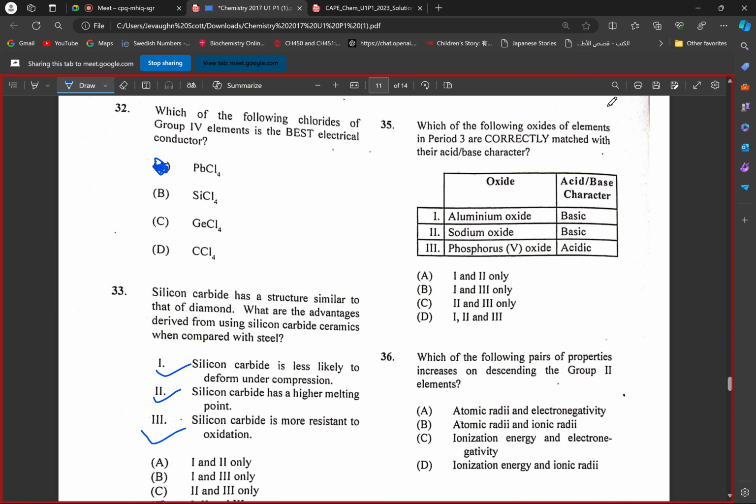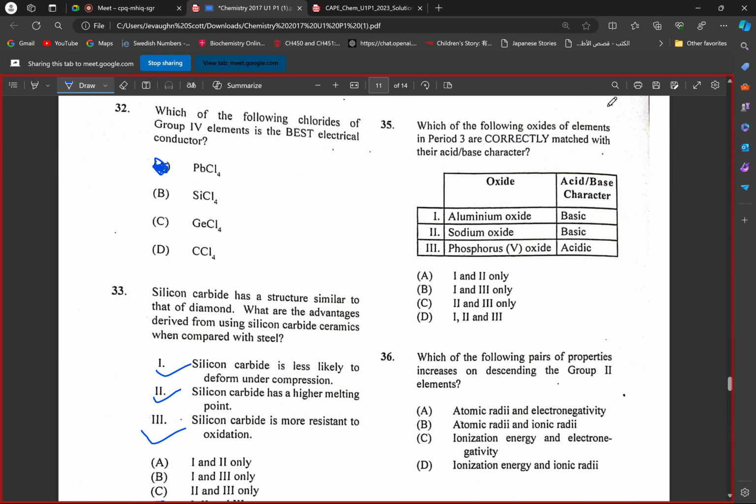Go ahead. Is the answer C? Alright, interesting. Isn't aluminum oxide